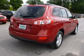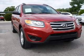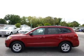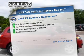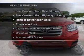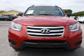The powertrain includes front-wheel drive with an efficient 4-cylinder engine driven by a 6-speed automatic transmission. Brake safely with the anti-lock braking system. And memory settings are one of many features. An included Carfax Vehicle History Report allows you to purchase with confidence and the knowledge that your buy was a smart choice. Plus, enjoy these notable features that are included in this vehicle: keyless entry, power door locks, power windows,